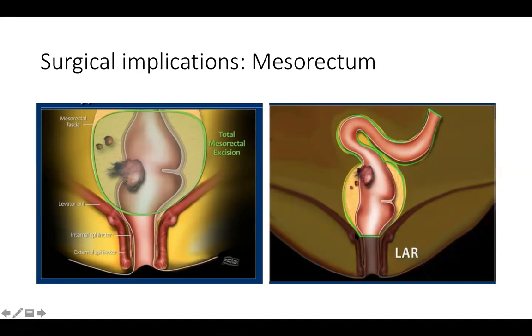It could be an intersphincteric excision, or it could be a trans-sphincteric excision when they are not trying to save the sphincter at all, and they will remove the lower part of the sphincter completely. So this is what we always remember, that this is the target that has to be removed.